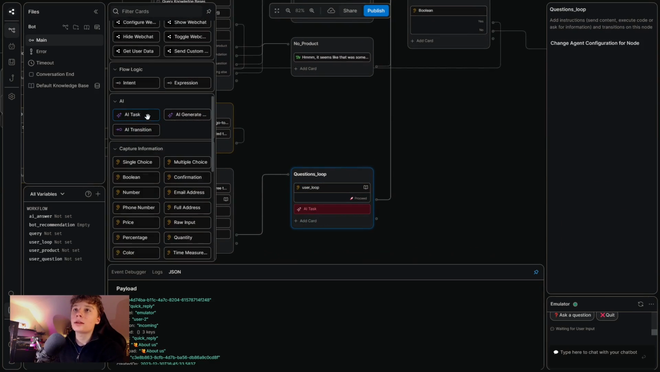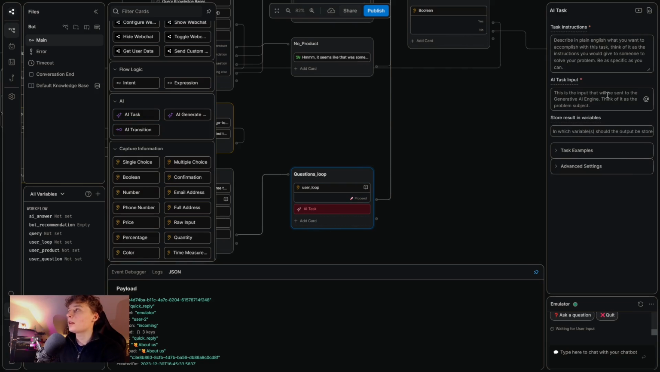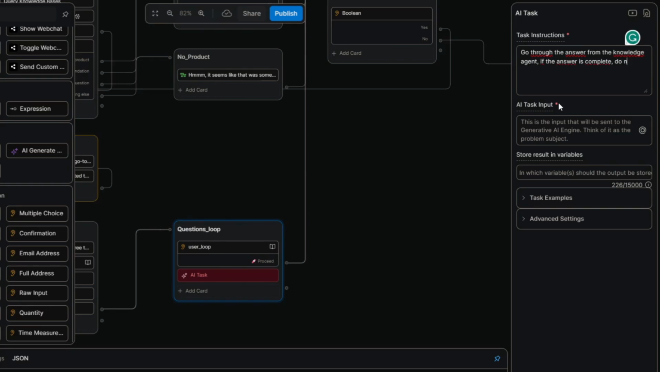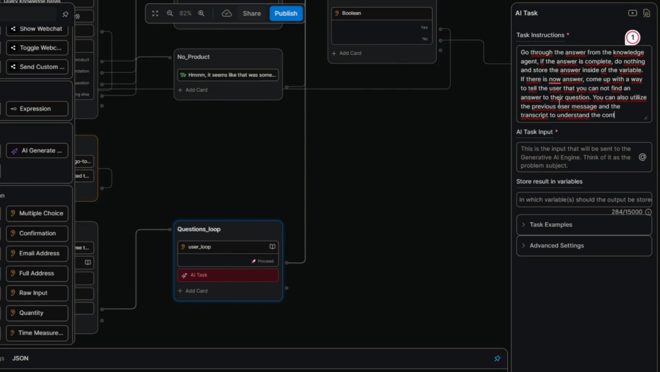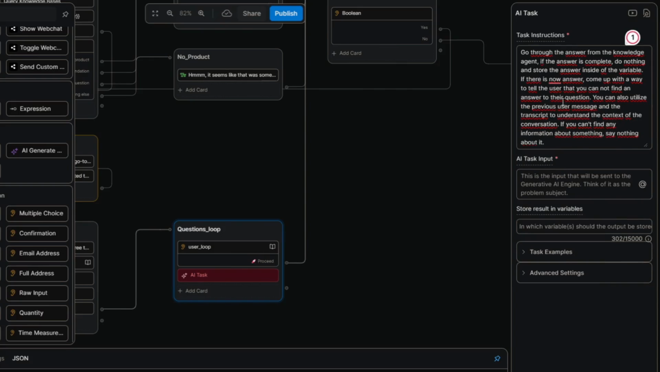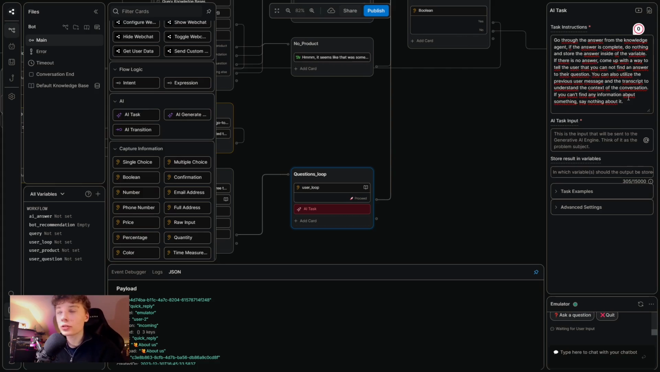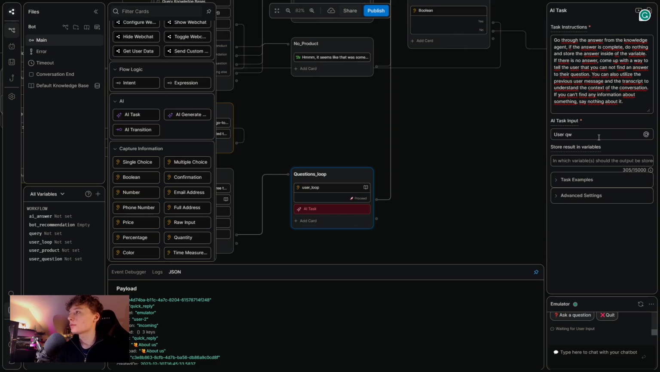And now I'm just adding an AI task. This AI task is going to be a bit different than the previous one, so stick with me again. So here we have the task instruction. It's a bit different. I added some things towards the end, and as you can probably tell, I'm going to add a bit more to the task input again, but I'm going to start with the user question,